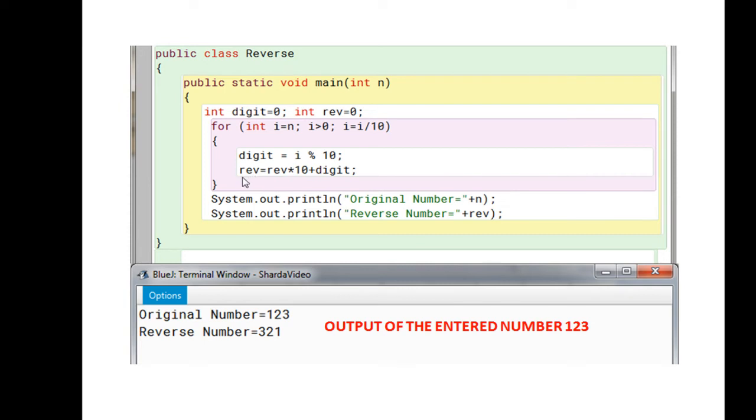Please keep in mind, now when you go back here, 3 goes, 12 remains. 12 is greater than 0. Now what digit will come out? 2. Last time you had what in rev? 3. 3 into 10 is 30. 30 plus digit is what? 2. 32. And this way, if you do the dry run, you will see the number that you have entered